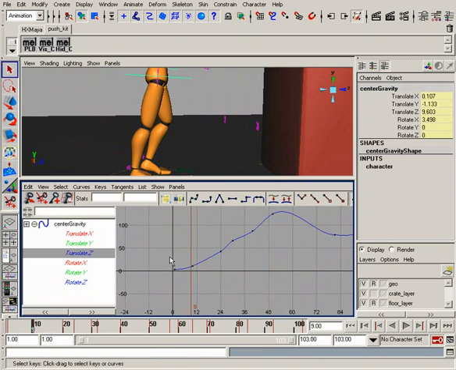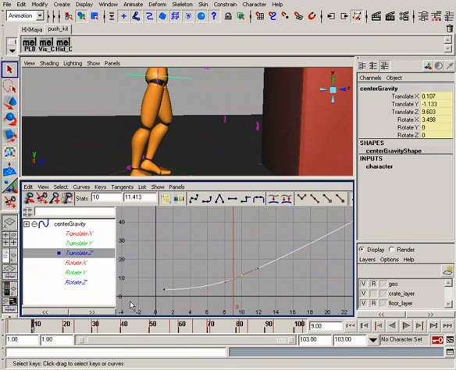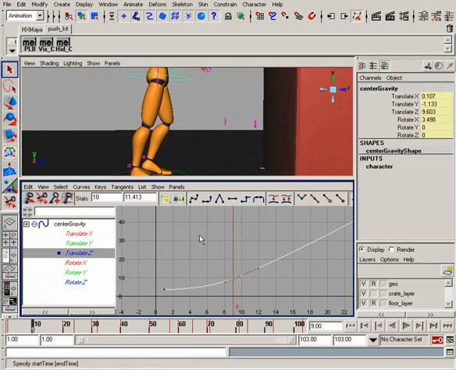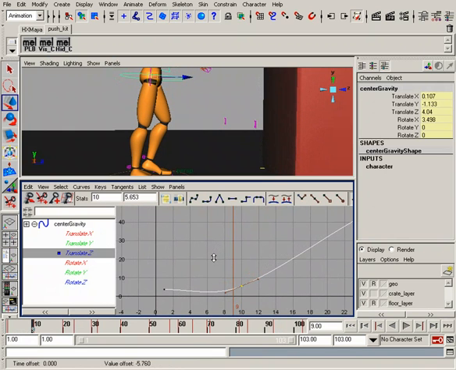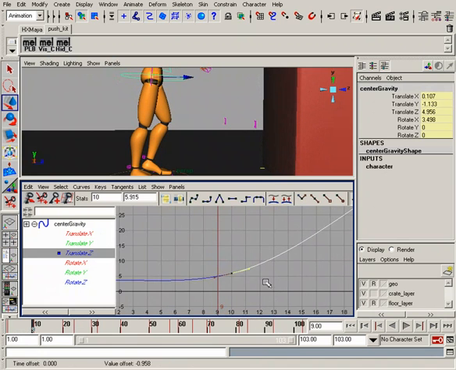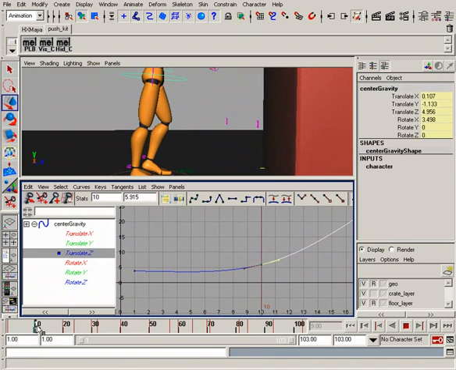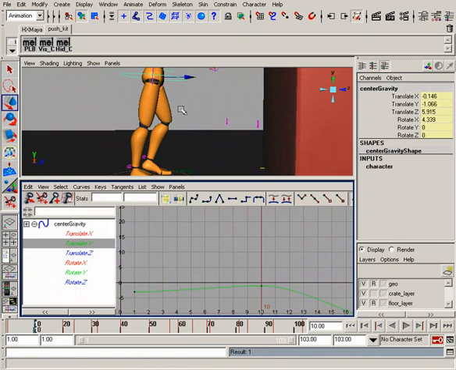So we'll start with the translate Z. Let's select this key on frame 10. Okay, and we just want to bring it down some more. So we'll work on having that key come down some more. Okay, like that, and then we can adjust our tangency. Great. So that's better. And then we could go to the translate Y, and we want to bring it down